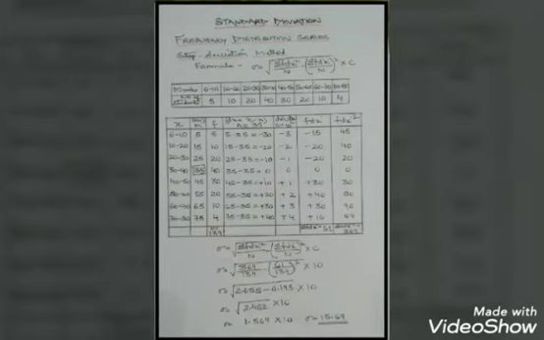Now the next numerical is very important because it's different from the previous one, though again we have to find out standard deviation by step deviation method, but the data is different over here. See, the data has been given of the age of people under. Now when it is under, that means it is under 10, under 20, under 30, under 40, under 50 and under 60. And the number of persons under 10 is 15, then 32, 51, 78, 97 and 109.